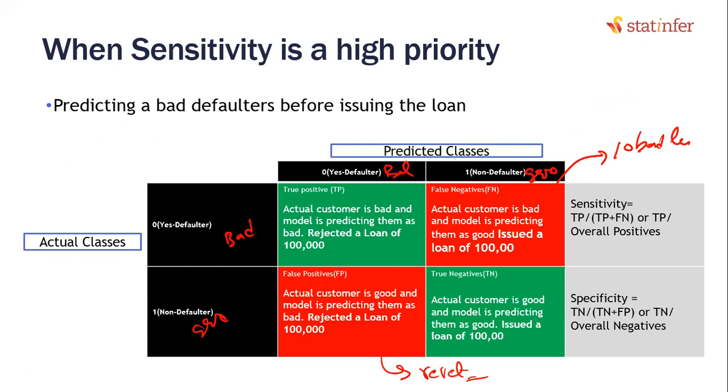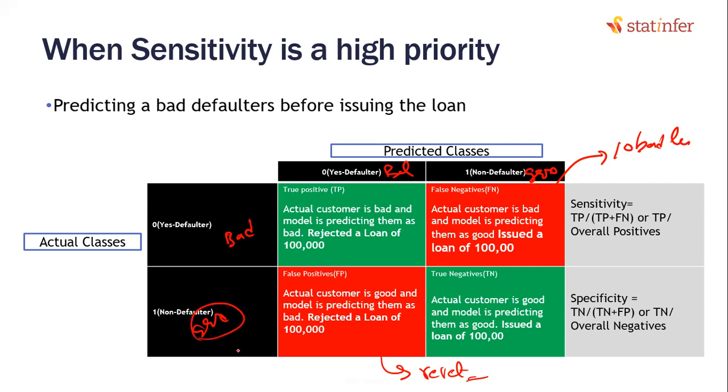False negative. Let's say you are a bank. A good customer applied for a loan, he is going to pay back all the money, but you rejected his loan offer. Versus a bad customer who is not going to pay back, but still we gave him a loan. Which one is dangerous for us in this case? Think about it. Bad customer, giving a bad loan. Maybe one customer here may eat the profit of 100 good ones.